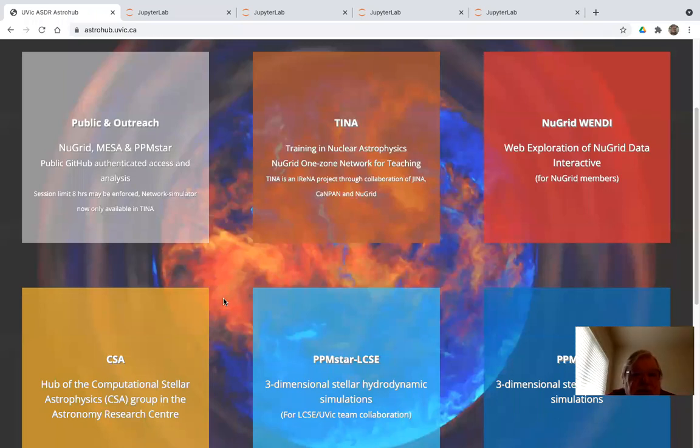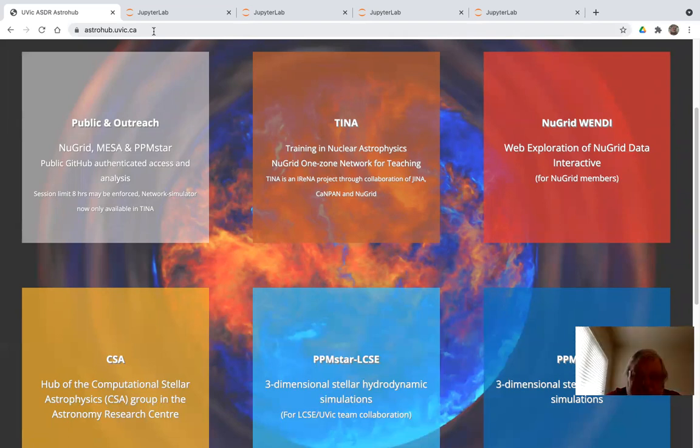So to start running simple nova nucleosynthesis simulations, not explosion, this is post-processing nucleosynthesis simulations. In order to simulate the nova explosion, we need to use the MESA stellar evolution code, and I will explain how to do this later, probably next time. But you can start doing simple nova post-processing nuclear simulations. For this, you should go to astrohub.uvic.ca, and if you downloaded these CaNPAN tools,